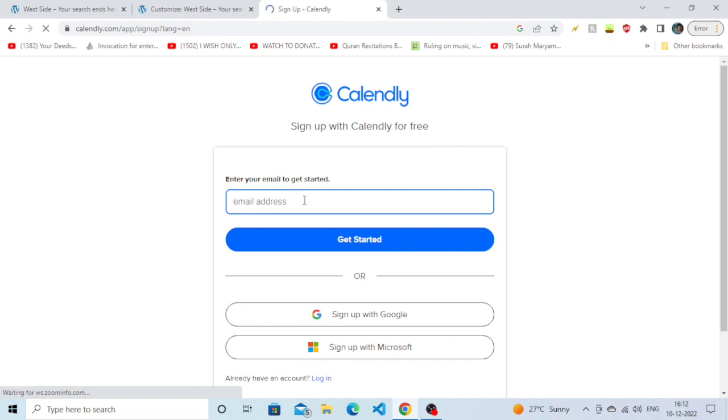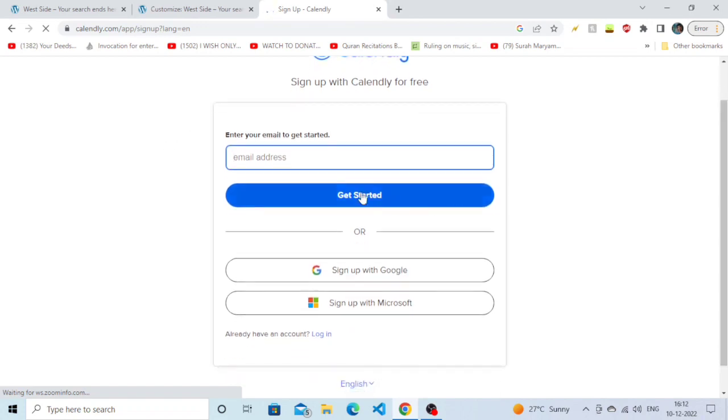You can put your email address here and click on get started, but many people have a Google account or Microsoft account, so you can also do that. So I'm just going to click on get started. So simply click on get started,